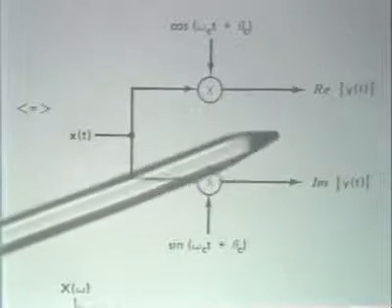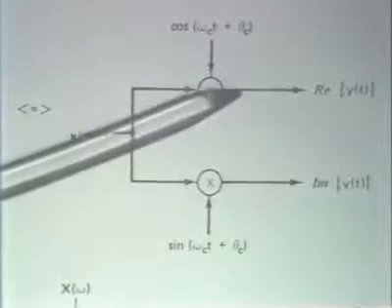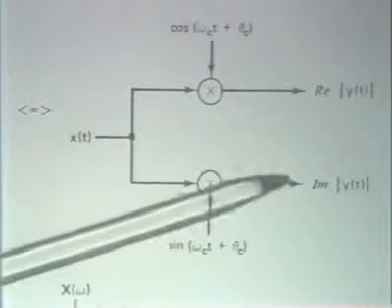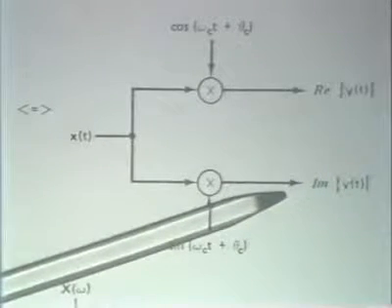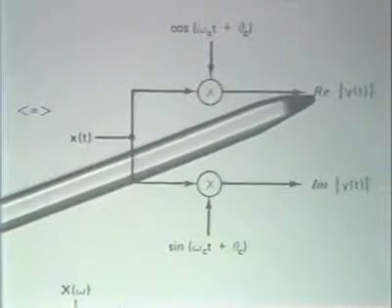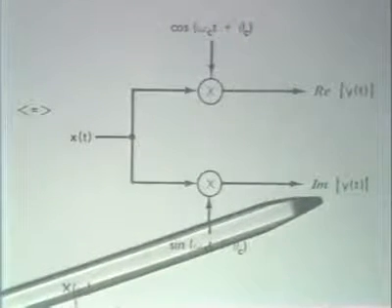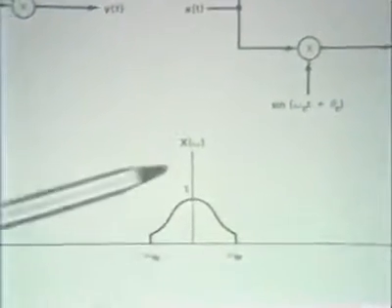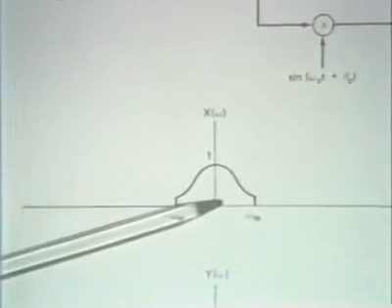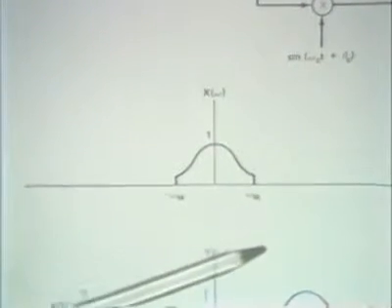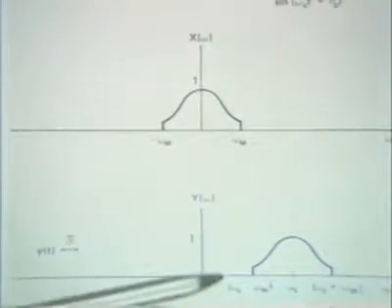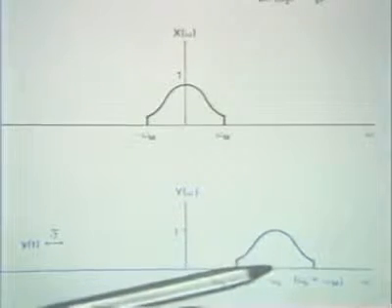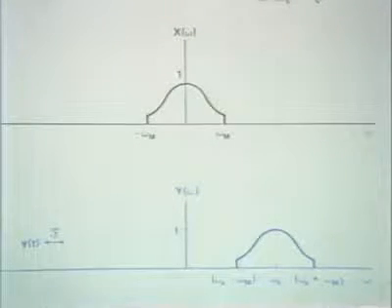And indeed, that's exactly the way things are done in the real world. A complex signal is simply a set of two real signals. And of course, if we look at the spectra involved, we have here the real part and the imaginary part of the complex output. If we again refer back to the original spectrum x of omega and the modulated spectrum, which I show down here, the original spectrum shifted up to the carrier frequency, in effect, we're building this out of two lines,